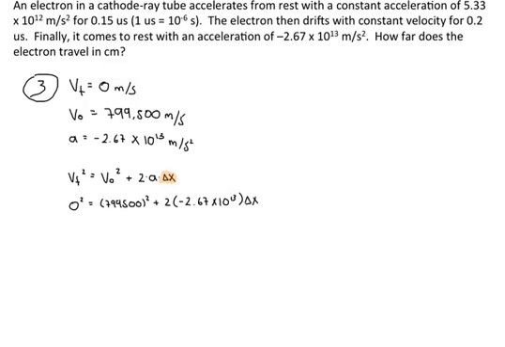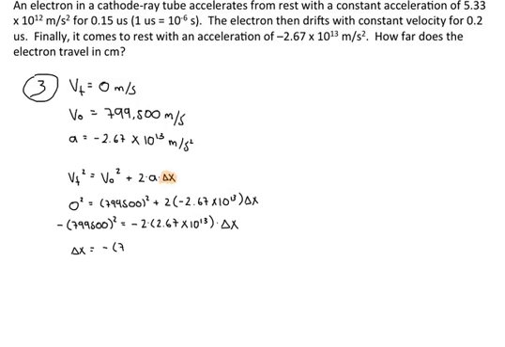So you will come to say that 0 is equal to 799,500 squared plus negative 2 times 2.67 times 10 to the 13 times delta x. So you solve for delta x,